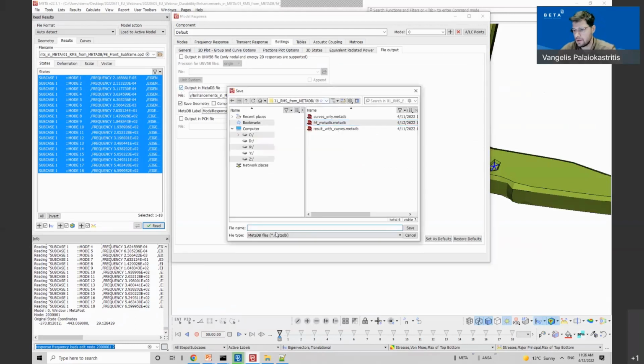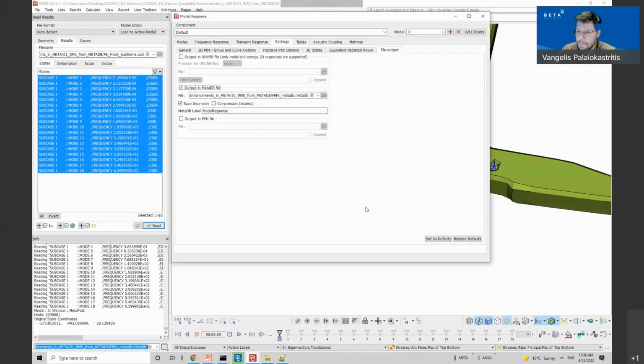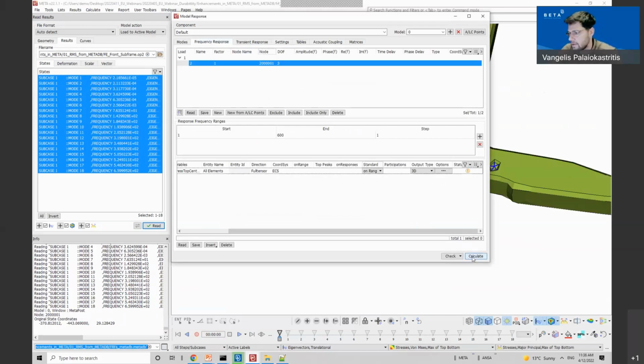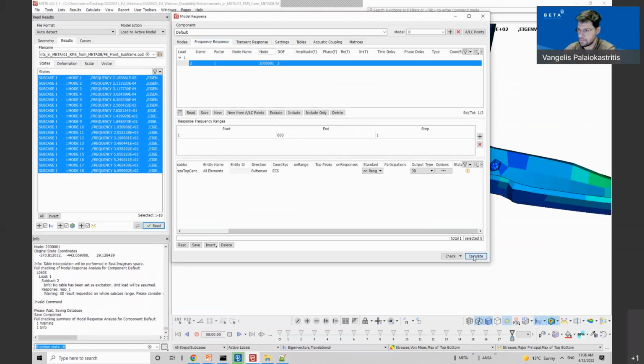So I will create a MetaDB. I will also save the geometry, and if I press calculate, the results are calculated, the FRFs are calculated and are saved in the MetaDB.